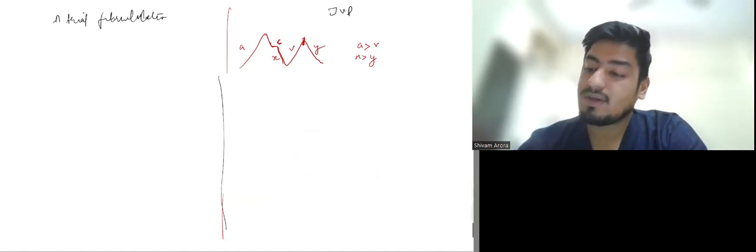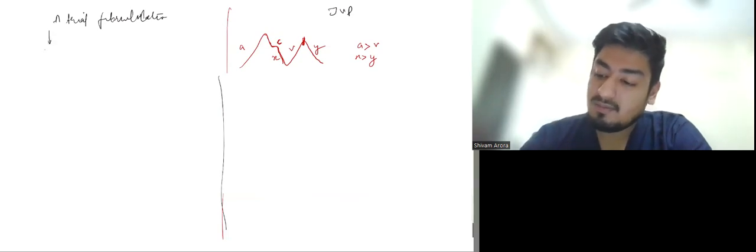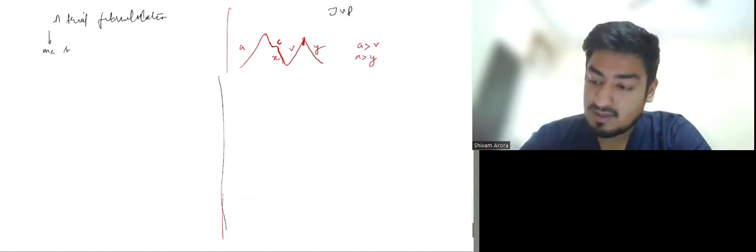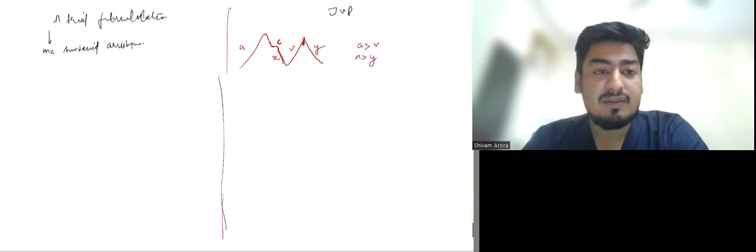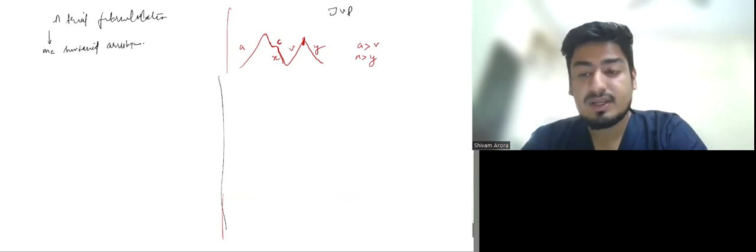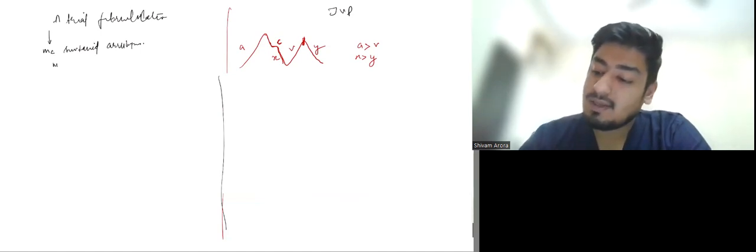Now let us discuss about atrial fibrillation. So what is atrial fibrillation? Atrial fibrillation is, first of all, the most common sustained arrhythmia. Clear? Patient can be in atrial fibrillation for like 2 months, 3 months, a year, or maybe lifetime. Okay, so it is the most common sustained arrhythmia. There are multiple